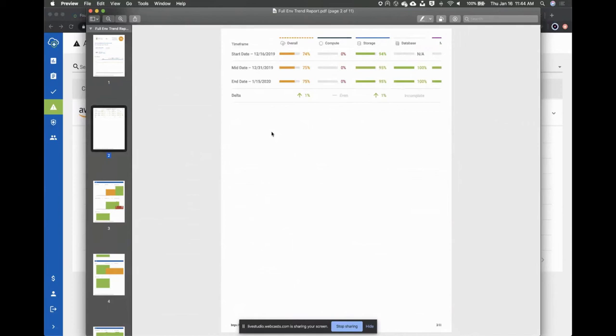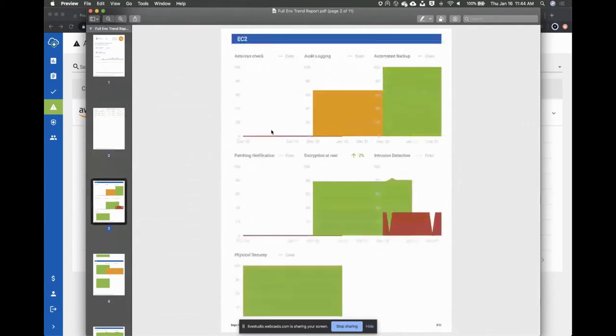So for example, if we go through this report, we can see an overall compliance over time. We can look at things like backups or intrusion detection. You'll see here there's a drop when agents stop working, but then there's a corresponding increase. And that's what's really important, is that you can actively prove and show to your auditors or the OCR or